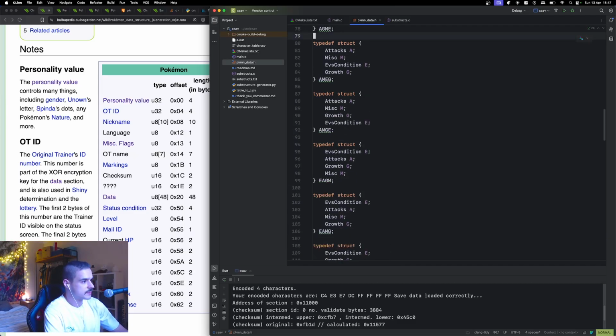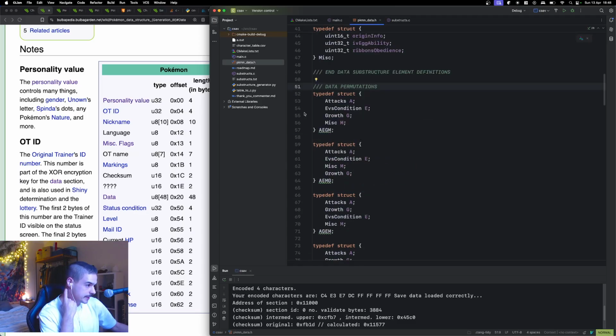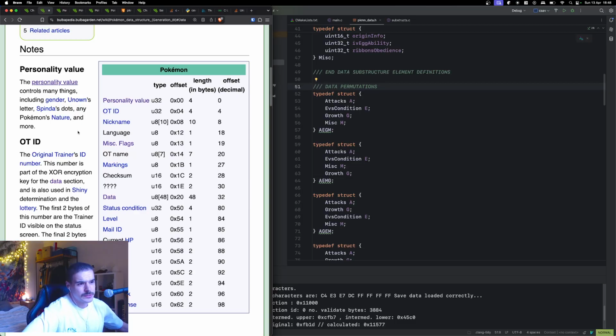And actually, these aren't even, well, they are kind of substructure permutations, but we can just call them permutations for what they are. So